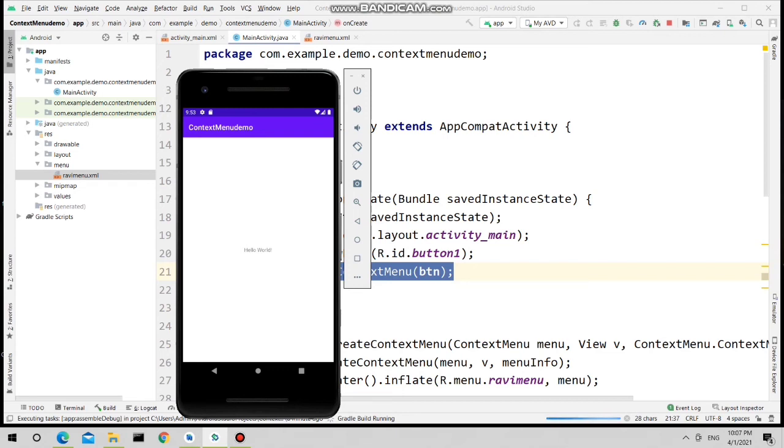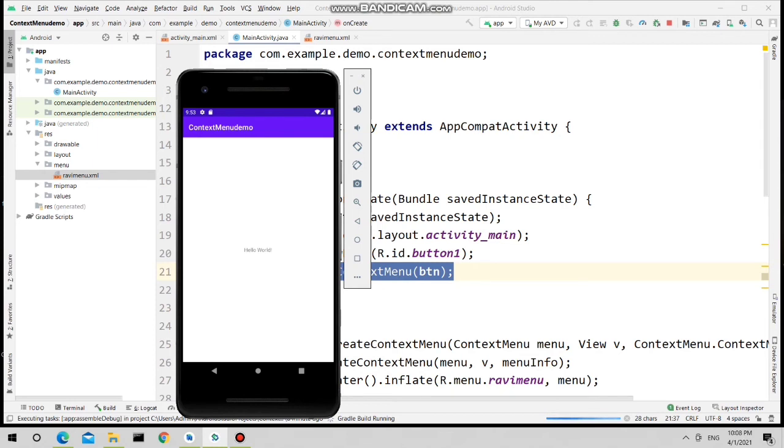Then to perform the action on a menu item of your context menu, we overrode the onContextItemSelected method. In that case, whenever the user selects a menu item from those three menu items, the object of the selected menu item will be given to that method as an input.